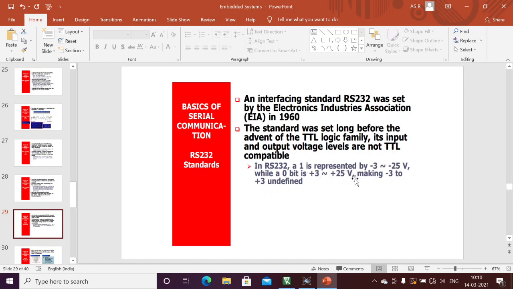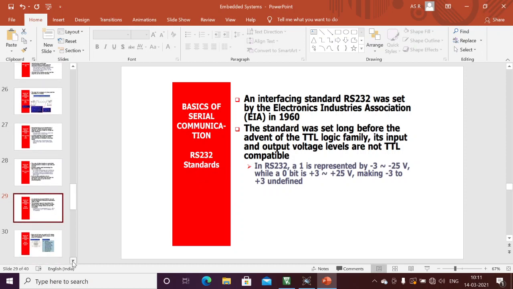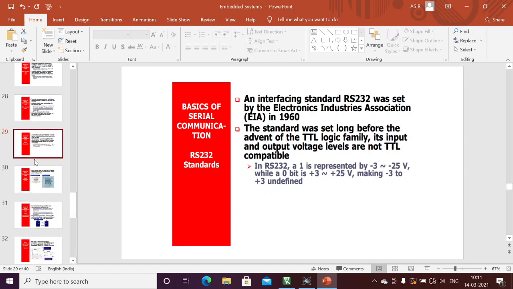Okay, this is the main standard we should follow if we want to transmit data over a long distance of communication. We need to understand the RS232 logic levels. Logic 1 for our microcontroller means 5 volts, and we convert it to minus 3 to minus 25 volts, and logic 0 volts we convert to plus 3 to plus 25 volts. This is the standard. If I want to convert to this standard, we need the MAX232 IC, which we will discuss in the next slides.